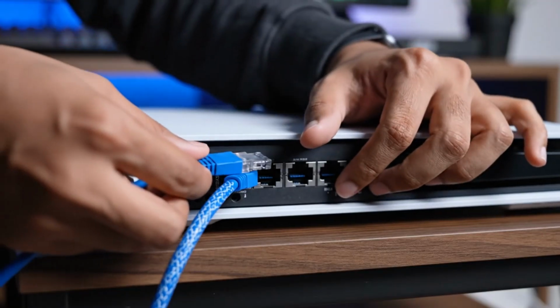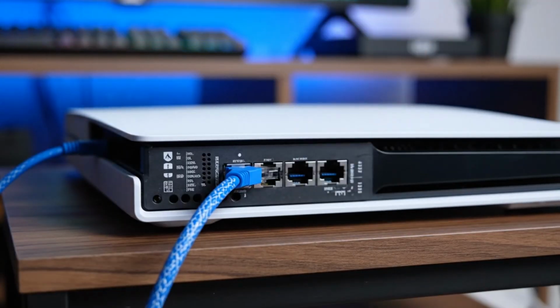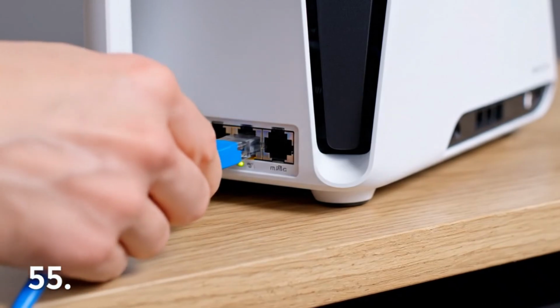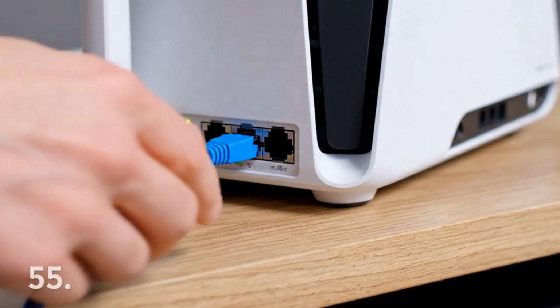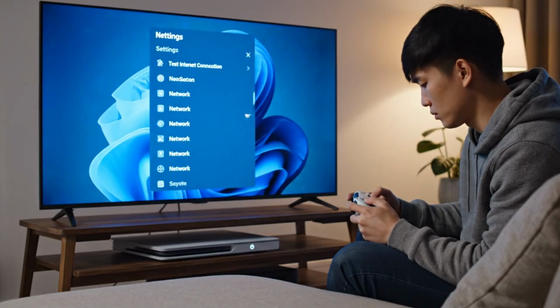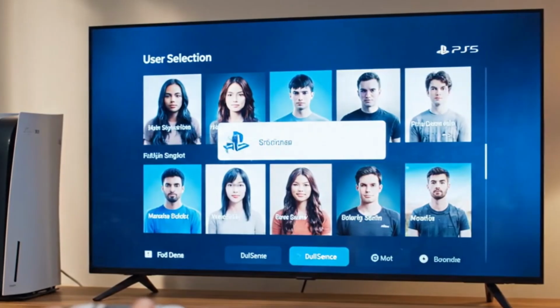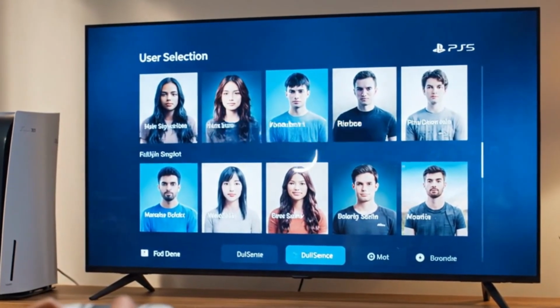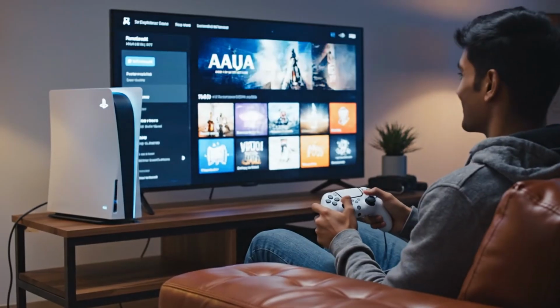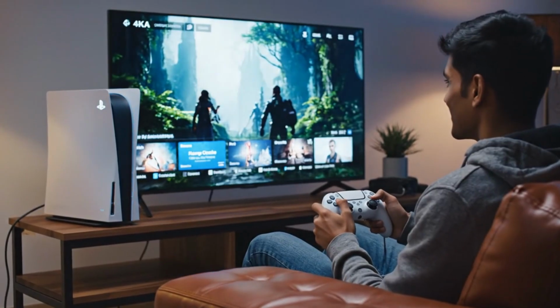Connect the PS5 using a LAN cable for a more stable connection. Tighten the LAN cable on both the router and the PS5. Test the connection again on the PS5. Now try signing in on the PS5 one more time. Most PS5 systems will now successfully bypass